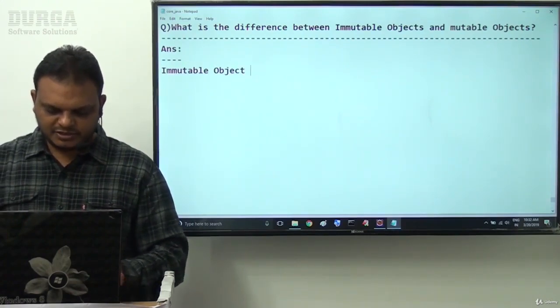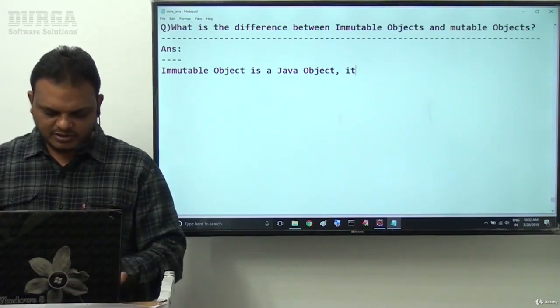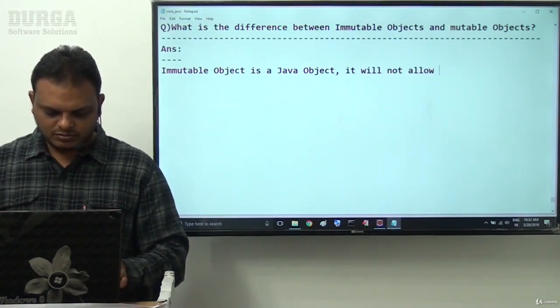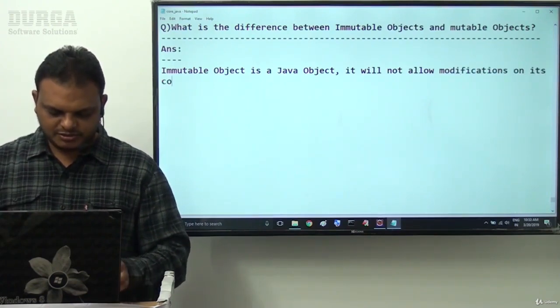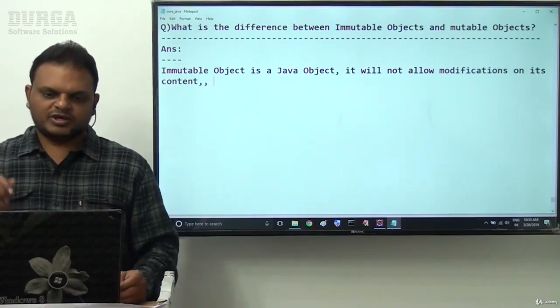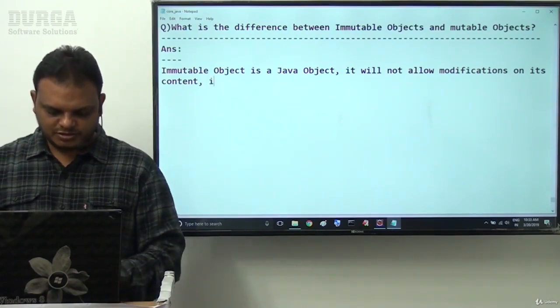So the answer is very clear. An immutable object is a Java object. It will not allow modifications on its content.